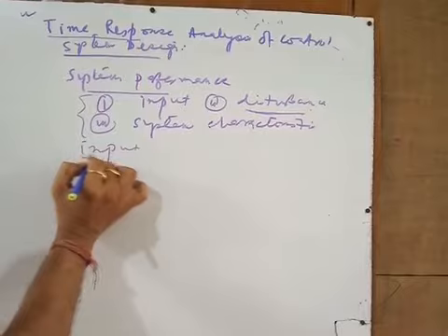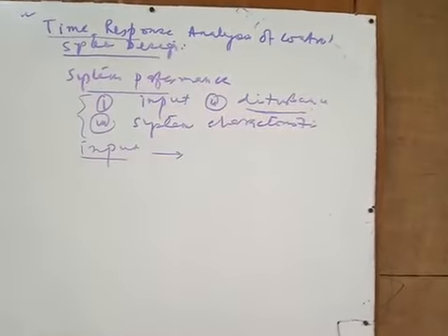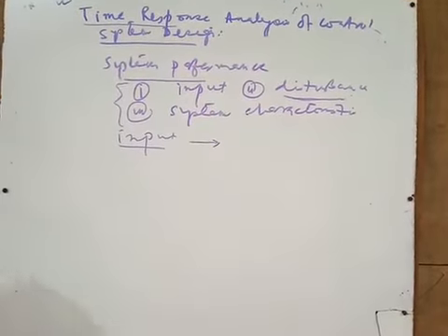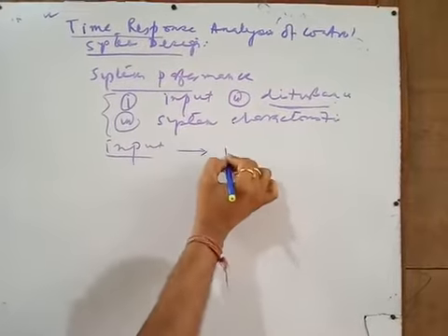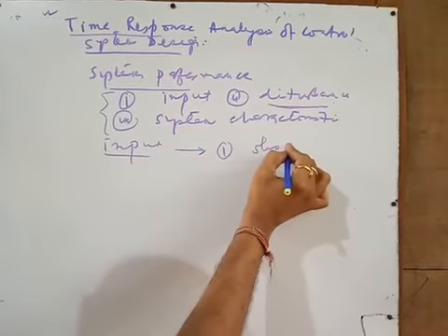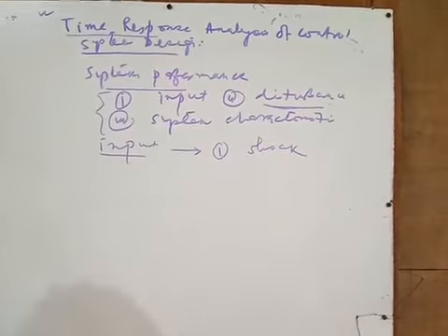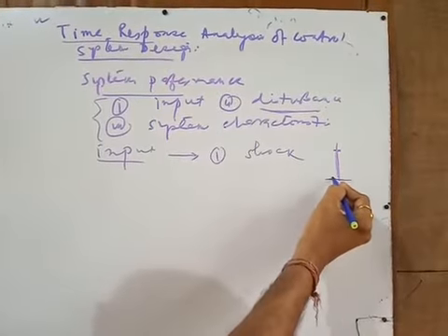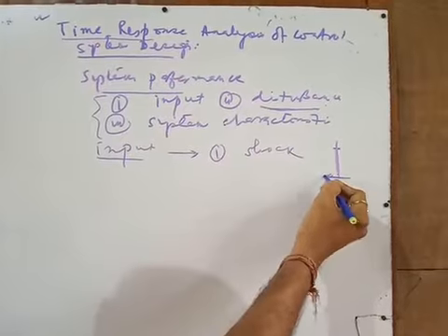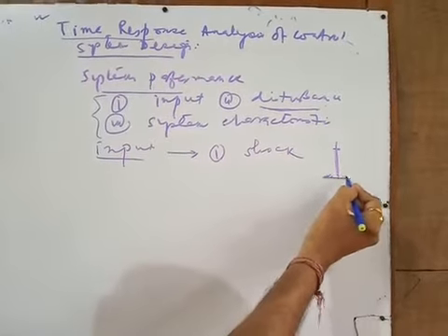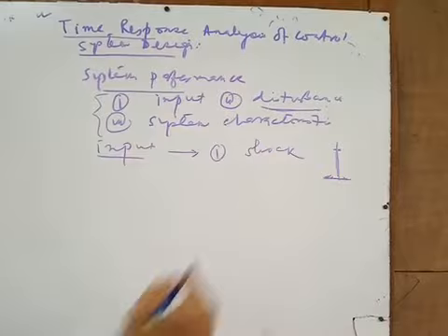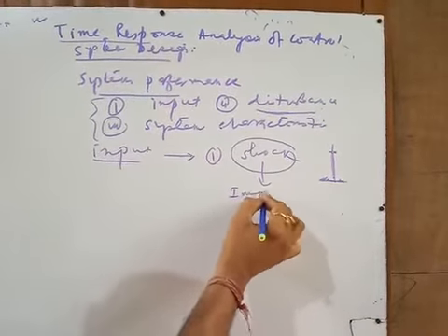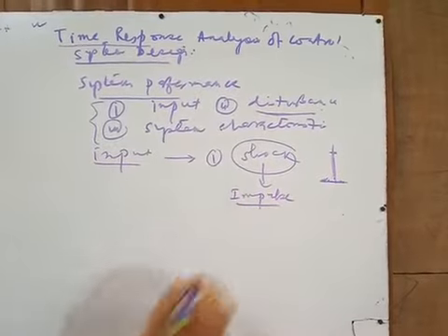Input plays a very important role. For any system which is running, the input may be of different types. What are the different kinds of inputs? There may be a shock. Shock means suddenly there is a high value of input, and before that there is no input, no variation of the input, and after a certain time interval there is again no variation of the input. So this is known as the shock type of input, and mathematically this is denoted by the impulse.